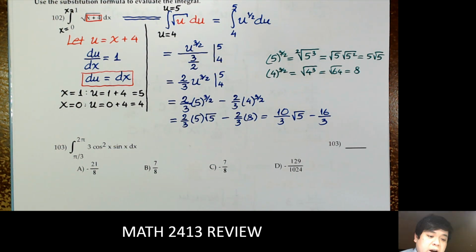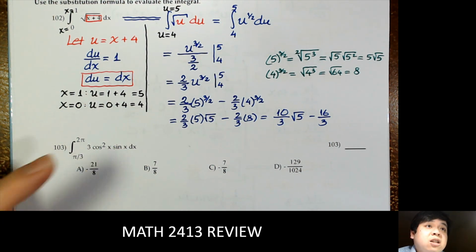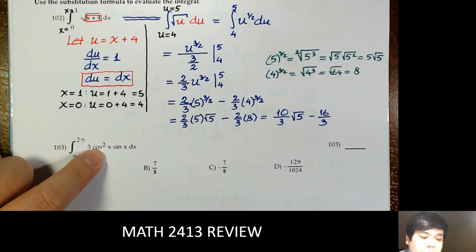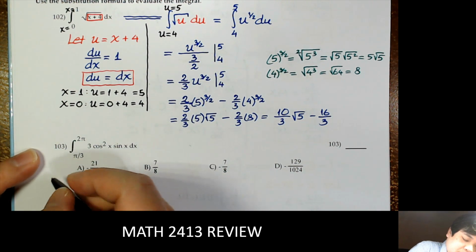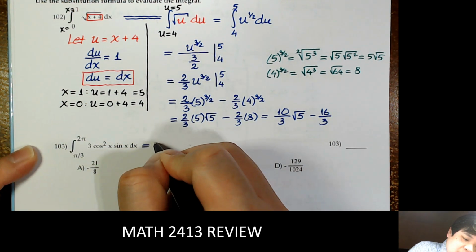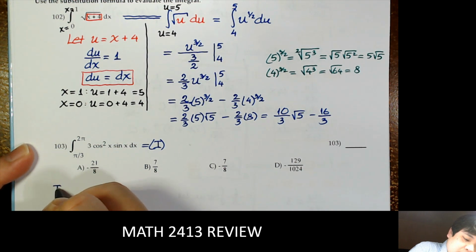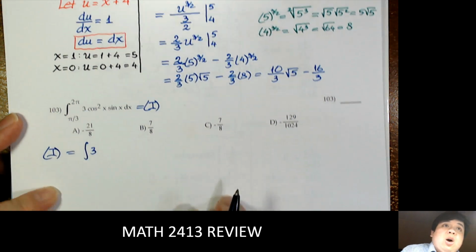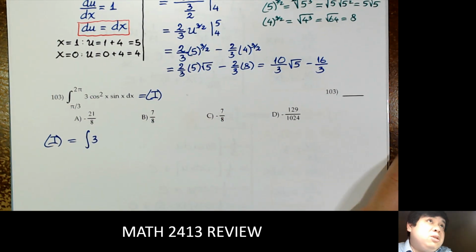Right. Next one is also substitution. So when we look at it like this, it's kind of difficult to see what the actual substitution is. But if we rewrite the cosine squared as this, so that is the integral equal to. Now instead of writing cosine squared,